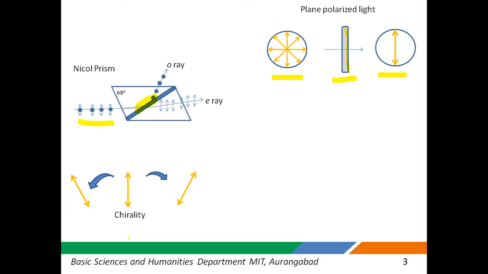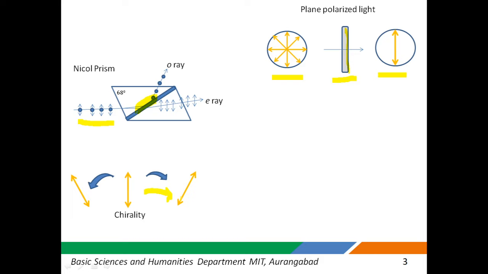It is the characteristic of chiral molecules to rotate the plane of plane polarized light. The observed rotation theta of optically active substances are opposite in direction. One will rotate the plane of polarized light in the clockwise direction and is termed as dextrorotatory. So you see, this is the plane polarized light and it is getting rotated into clockwise direction.